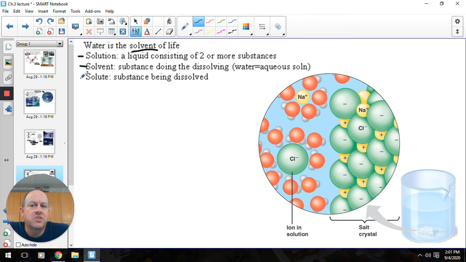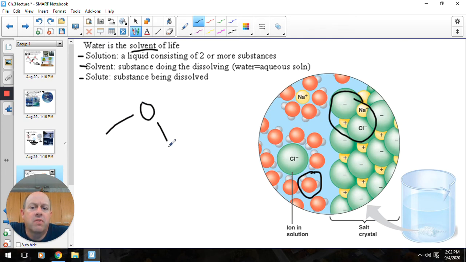What's doing the dissolving is the solvent, and the substance that's being dissolved is the solute. So in the case of salt water, our water molecules would be the solvent, and the salt would be the solute. Okay, and so water is really good because that polar molecule of water has the ability to dissolve